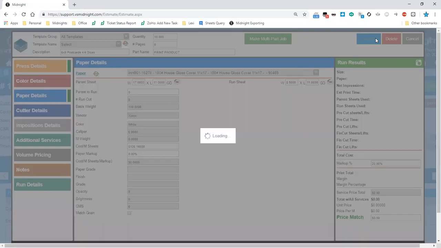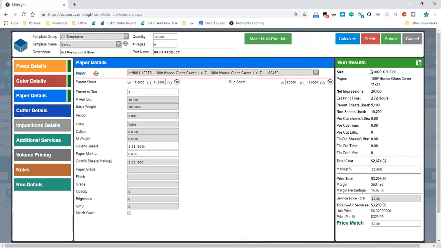When I click the calculate button, our tabs will update with a green icon to indicate whether or not they're being used. And then our run results list will update, showing us info such as our pricing, the amount of time spent for the job, ink consumed if ink is involved, the amount of material used, parent sheets being the actual stock consumed, and run sheets being the amount of material run through your machine,